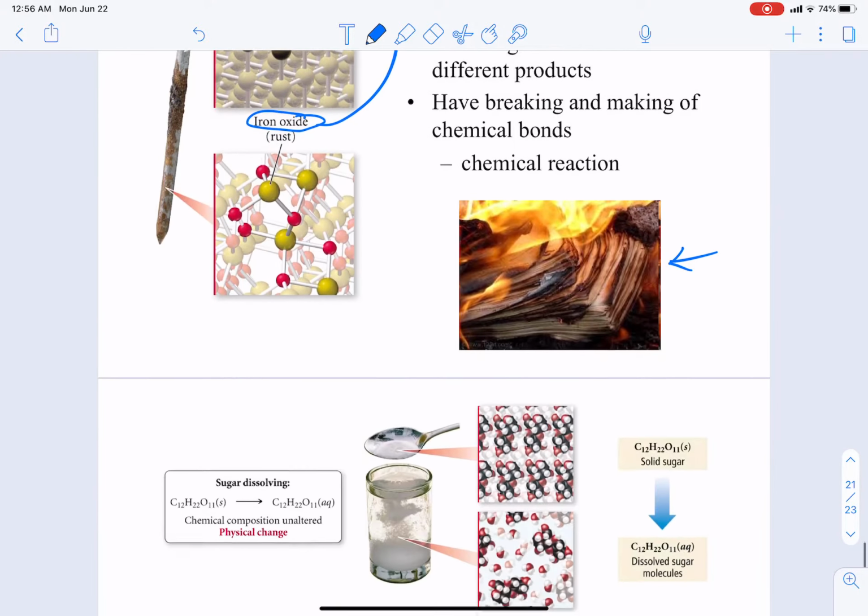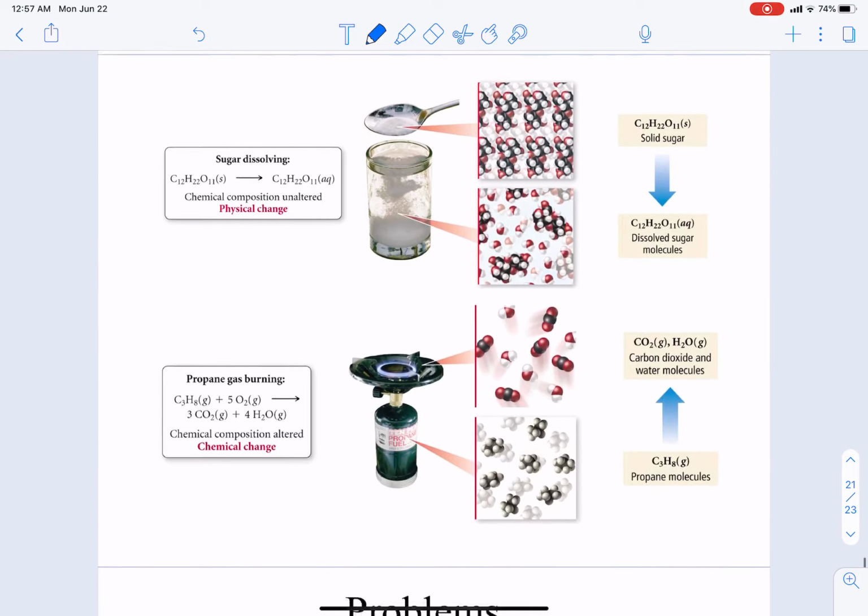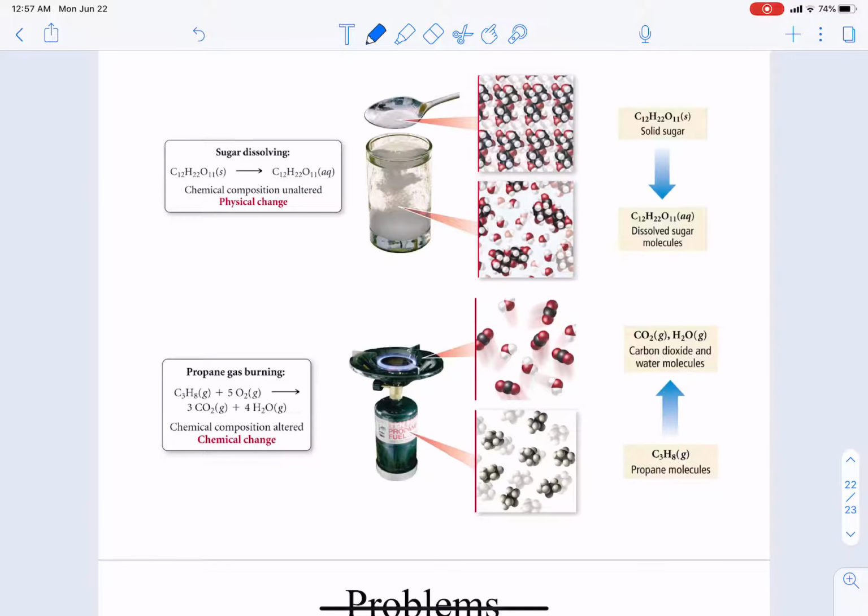So that brings us to this slide right here where it shows examples of a physical change and a chemical change. So again, remember with your physical change, you have the same substance before and after. It's just going to change its appearance somehow. So here we've got solid sucrose. Sucrose is our white sugar that we use in the kitchen for baking. And you can see there it's